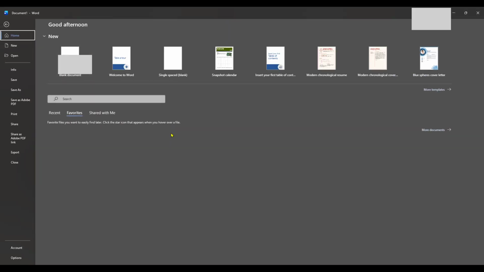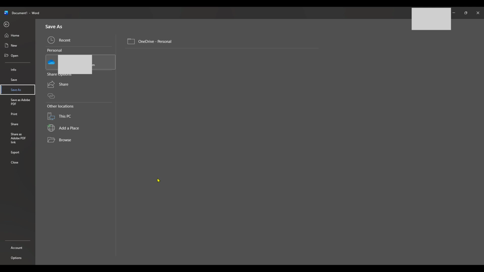After you click on File, a sidebar will appear on the left side of your screen. Look for the option that says Save As and click on it. Choosing Save As is important when you want to keep the original and create a new saved version, perhaps in a different location or under another name. It's a handy feature to ensure you can maintain multiple editions of your documents.